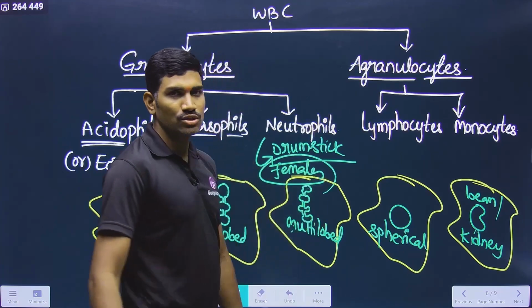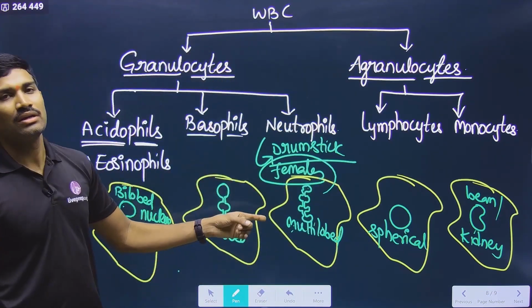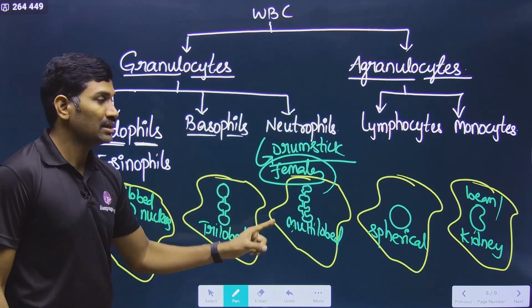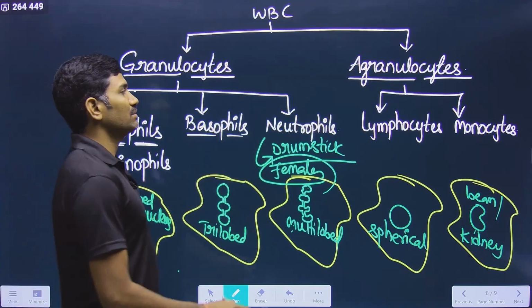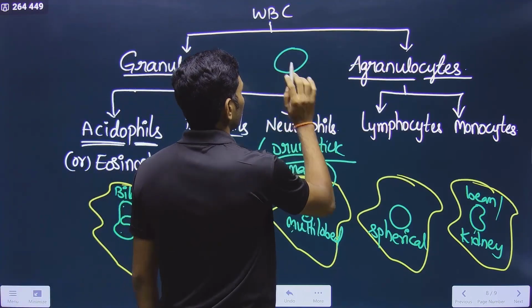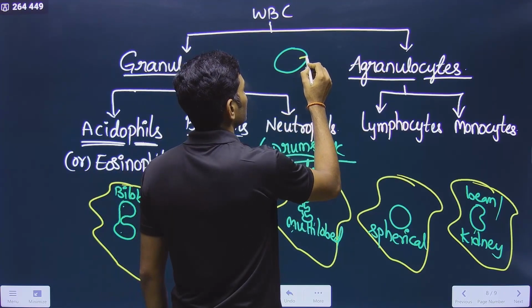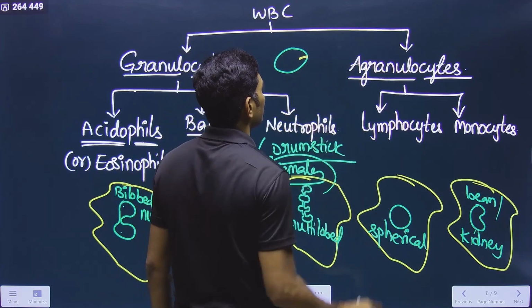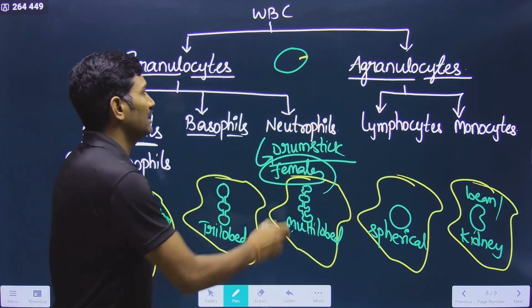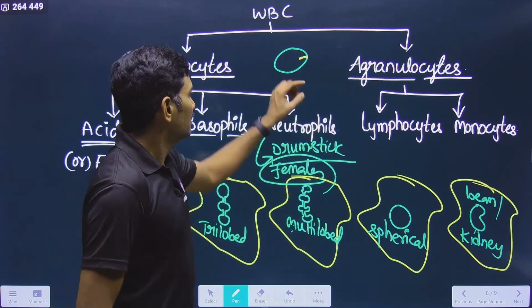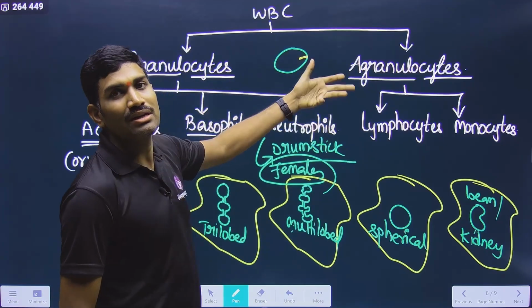In the nucleus of human females, we are observing a drumstick arrangement. Generally what we are observing, suppose this is the nucleus, I am making a spherical nucleus. Inside this you can see some stick-like arrangement that is attached to the inner side of the nucleus, and this is like a drumstick. So that's why it is called a drumstick arrangement,